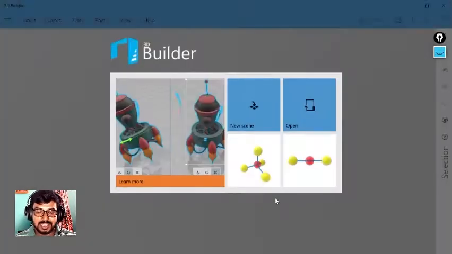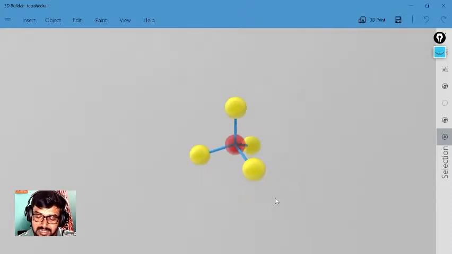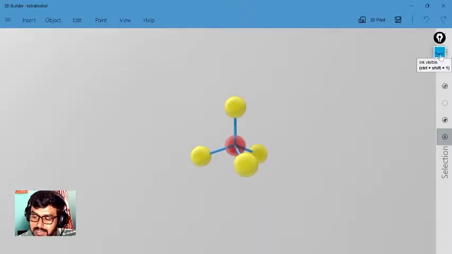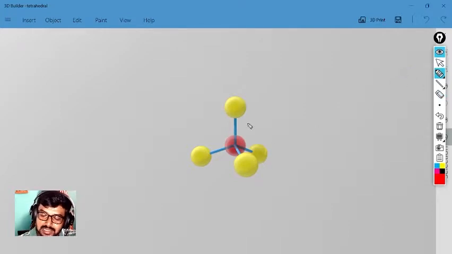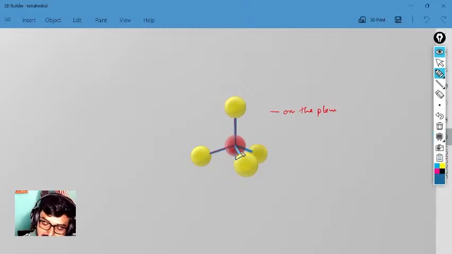So I am just opening a 3D Builder, with which I used to show so many 3D models during my lectures. Tetrahedral, we are saying. So let's add a description and annotation here. This we are saying is a solid line on the plane. Then I'm just changing the color to make it more interesting.